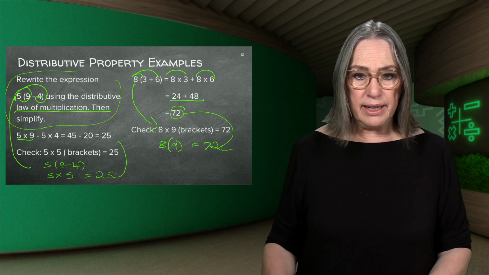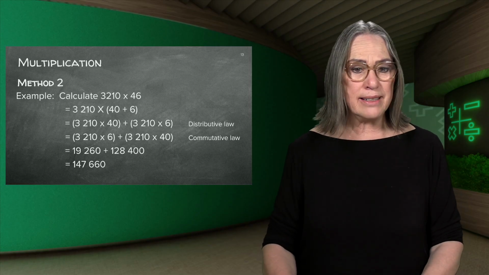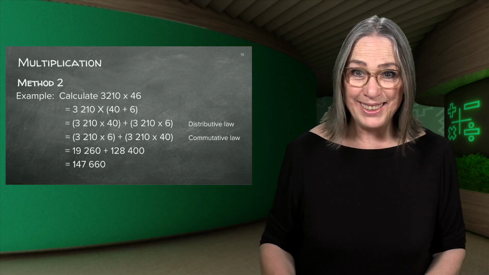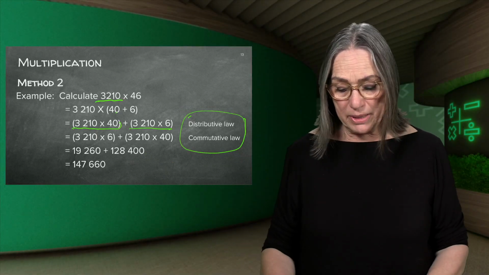And I wonder if you remember this slide. We've done that when we did multiplication, correct? And I referred to this and I said we're going to see this again. Today is the day. Okay, so look at this. They ask us to multiply 3,210 times 46. Remember I said 46 can be broken up into a 40 plus a 6. So here we multiply 3,210 times 40 and times 6. This is our distributive property.